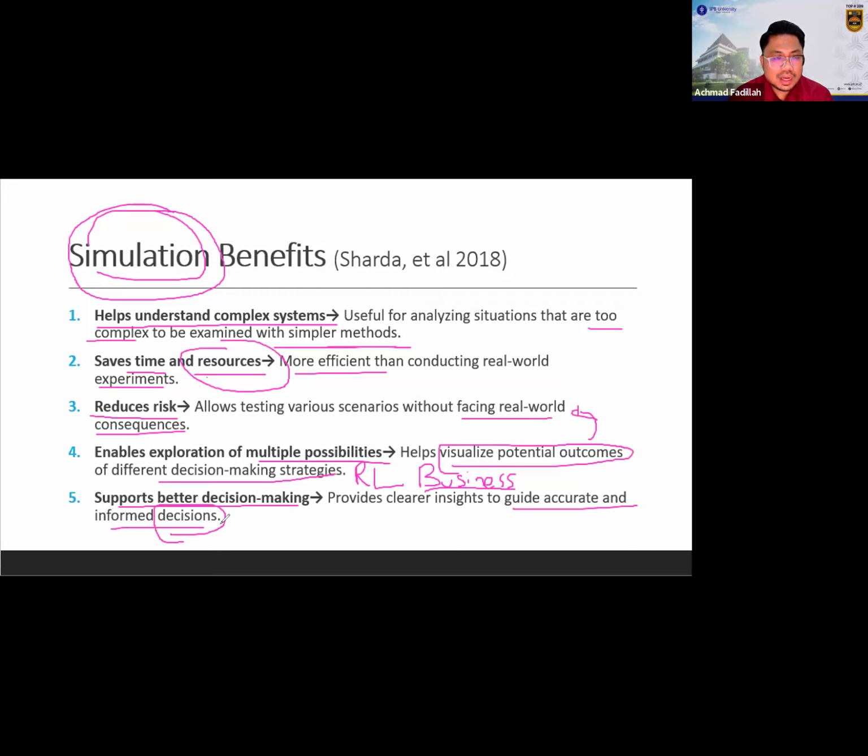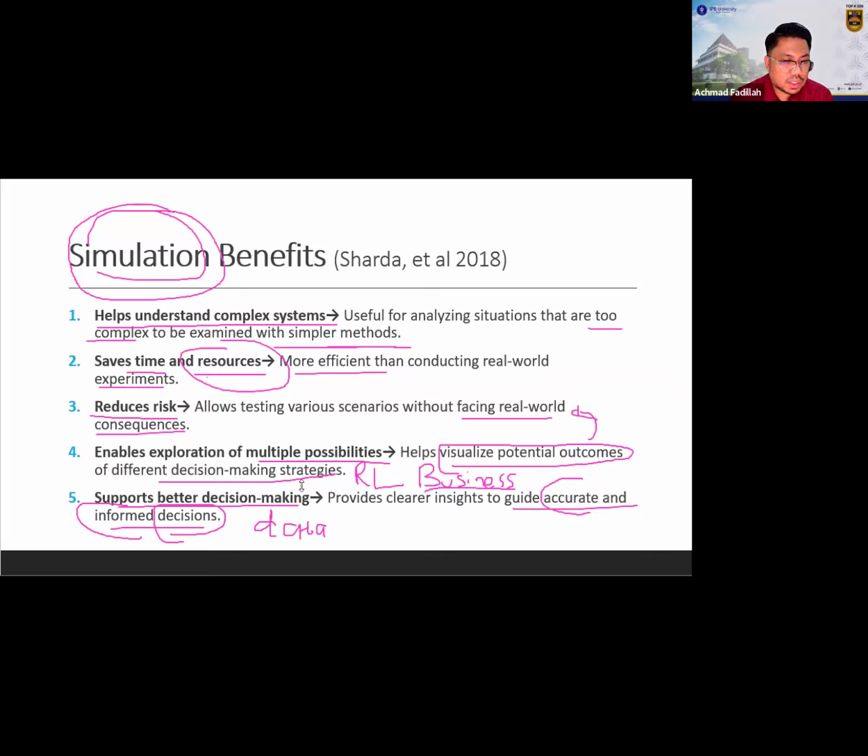I have a feeling it will be a success. It will be good. It will be better. But you need to have accurate and also informed decisions. It means that you also need to have the data, and that's why you need to understand about this course before you try to understand more complex courses and more complex situations.